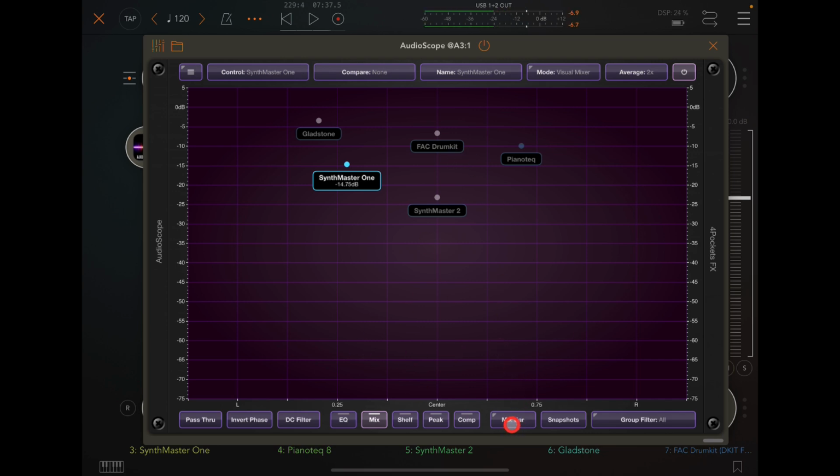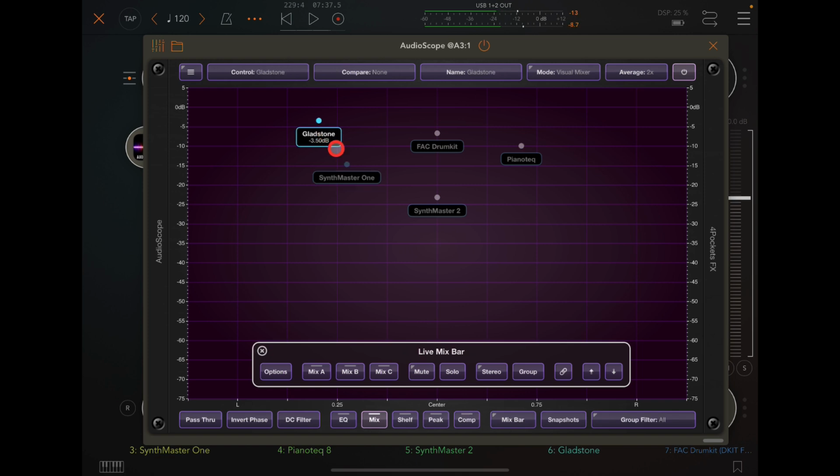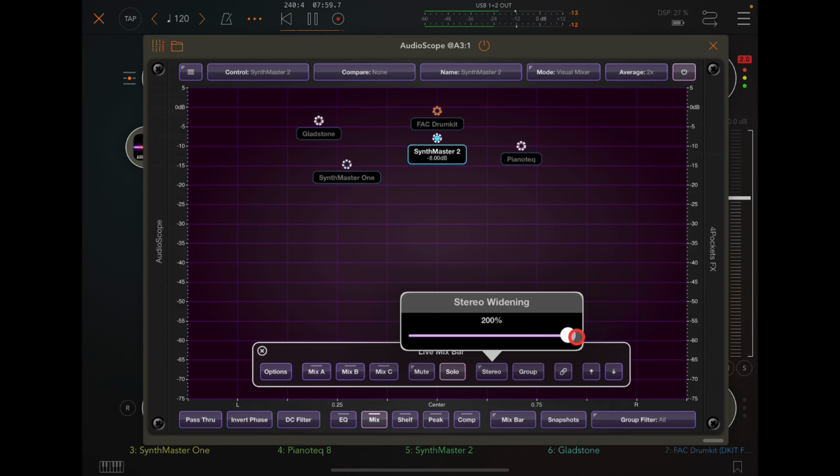If we open the mix bar, you have all sorts of stuff. So whatever you're selected on, for example, this SynthMaster 2, and I play, let's solo this. Let's bring it up in the mix. See, you can solo anything. If we open stereo, let's bring it up a little bit louder. Stereo, we can make it super wide or basically down to mono, and this is for whatever you select. So for example, if I select piano tech,